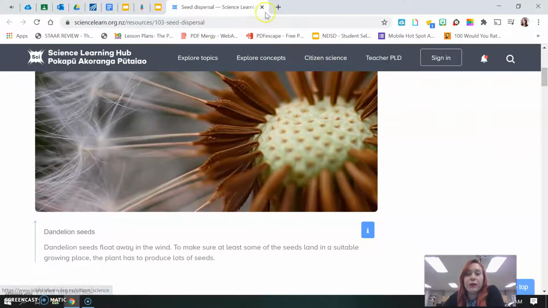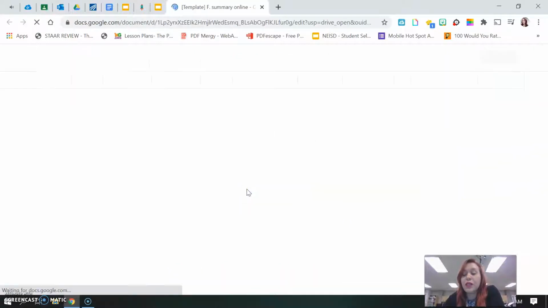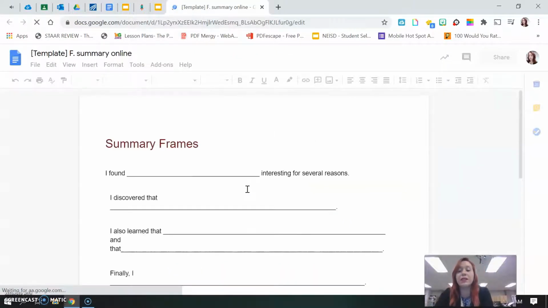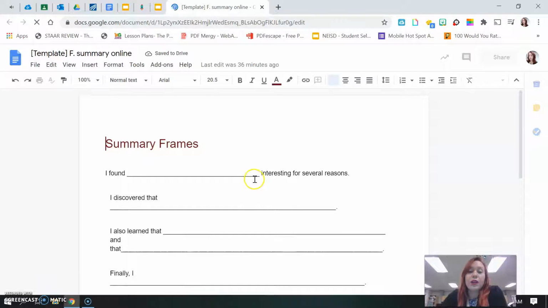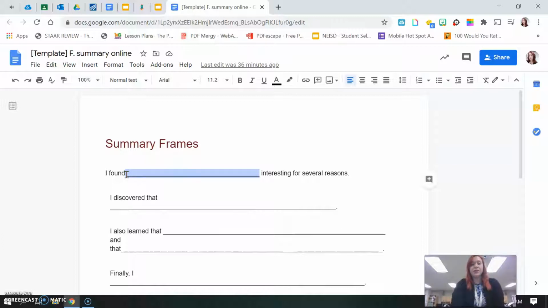After you're done reading about seed dispersal, you can come back and click on the Google Doc that will have your name on it. This is your template. You can type on it, and it will automatically save. So to write on here, you would highlight the blanks. I found blank interesting for several reasons. I found seed